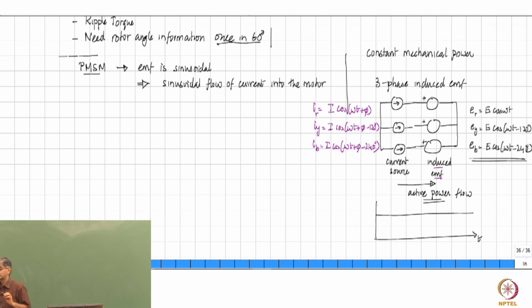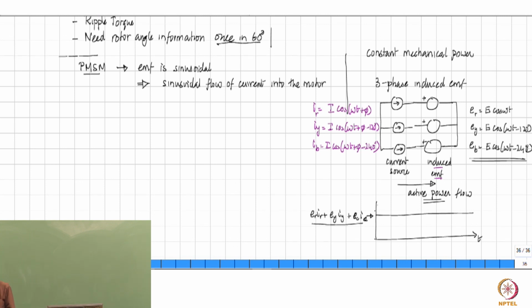So, if you have such a set, then if you draw the waveform of eR into iR plus eY into iY plus eB into iB, note that I have used lowercase in all these things. That means we are talking about instantaneous values, instant to instant. Every instant you take the value of e, multiply by the corresponding value of i over all the phases, add all of them up. So, we are talking about instant to instant variation. If you plot this, this will be the nature of the waveform,